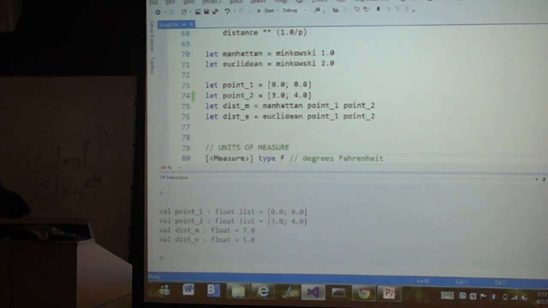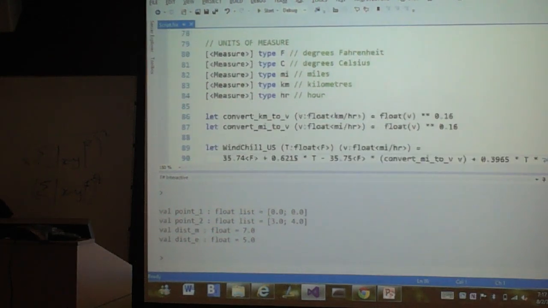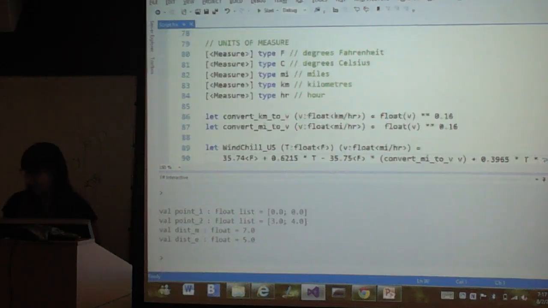And units of measure. Units of measure are this hugely critical thing if you're doing a lot of financial stuff, some scientific computing. And this one I had fun with. We're calculating the wind chill factor. I learned a little bit about the wind chill factor. Apparently, in North America, obviously the US and Canada have slightly different ones because of Celsius and Fahrenheit and miles and kilometers. But the North American wind chill factor